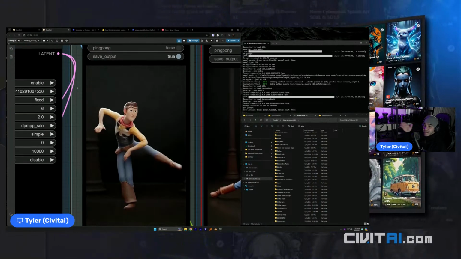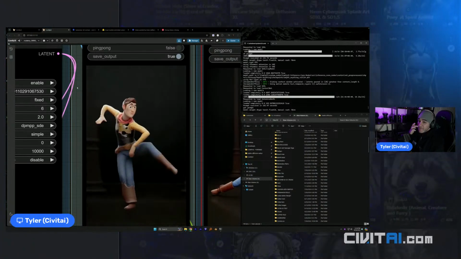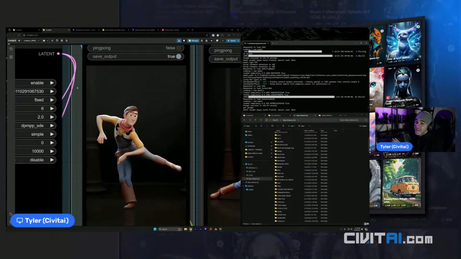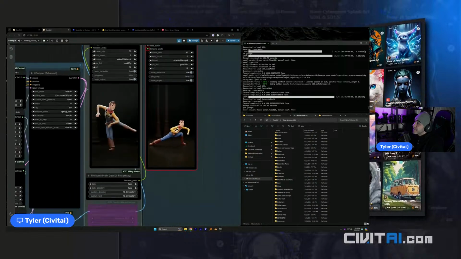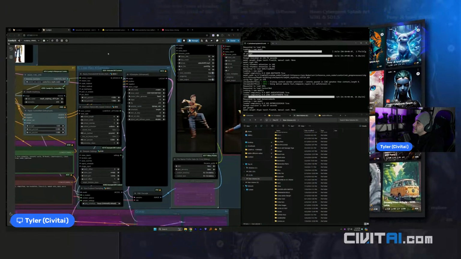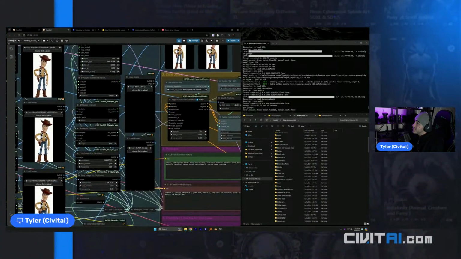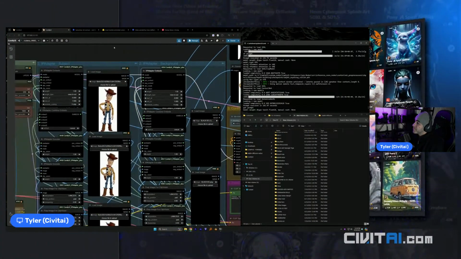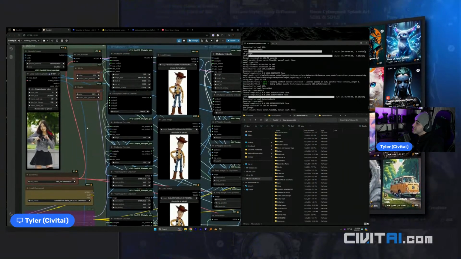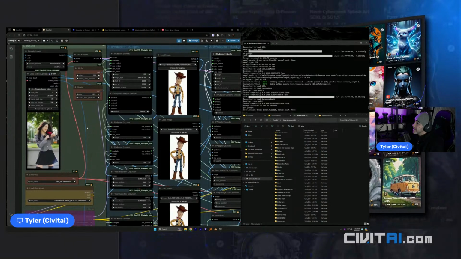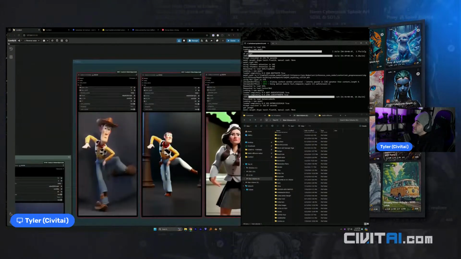But it's still a little, there's something about it that's not quite hitting the way that I want it to. What can we change to make that better? Because, okay, here in this workflow,